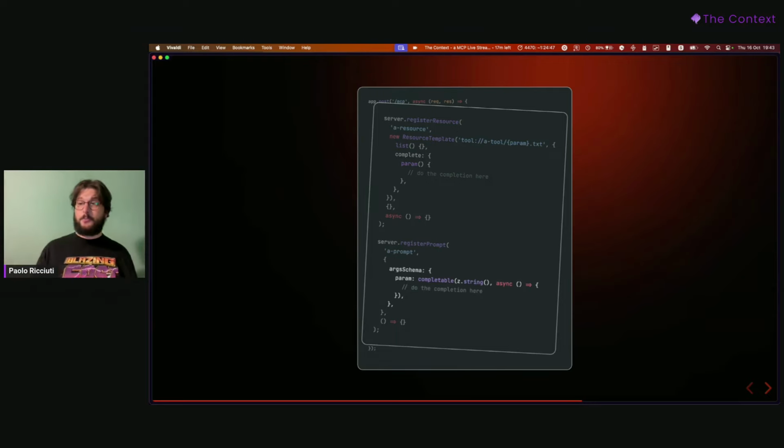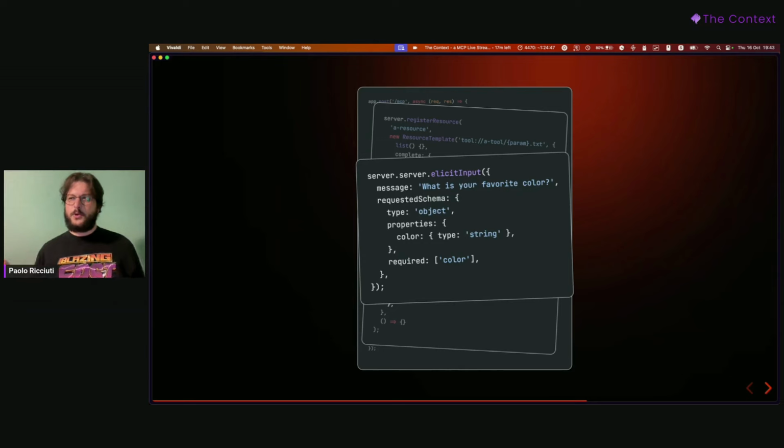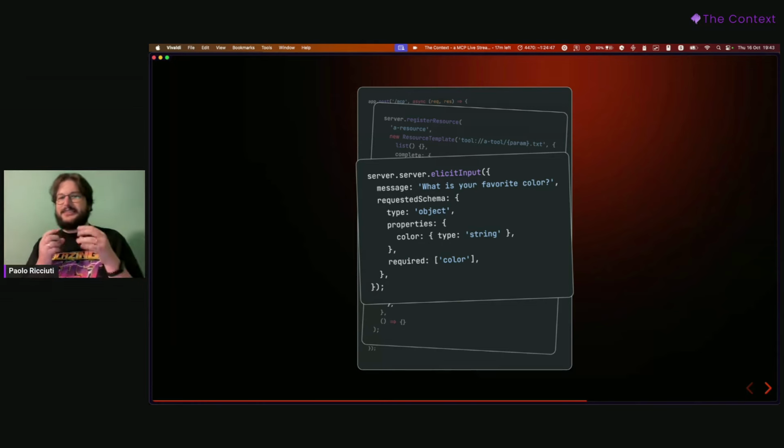But if you want to register a prompt, you have this args schema, which is an object that you need to import a completable function for, that takes the object like the validation tool, and then you do the completion. So it's a bit of a weird thing. And also, if you want to send an elicitation, you need to manually type your JSON schema instead of using Zod, for example. Yeah, so all these things made me grin a bit while building my